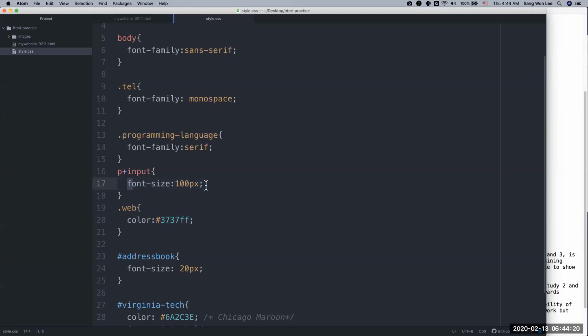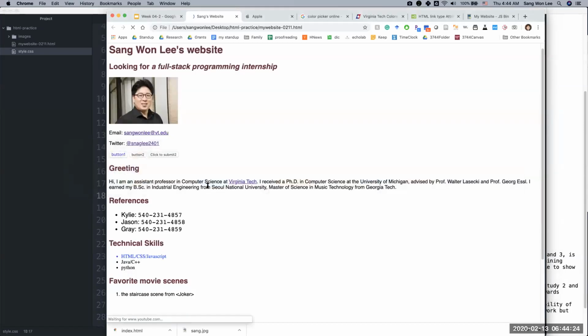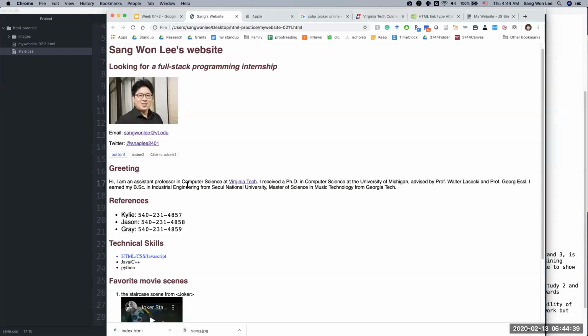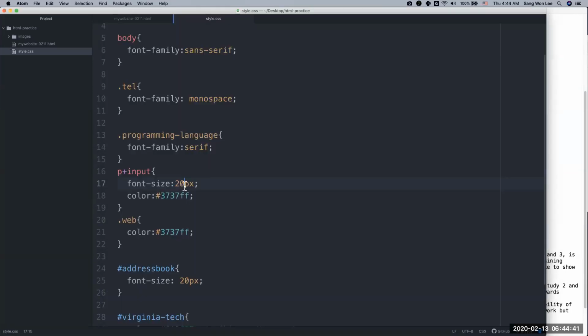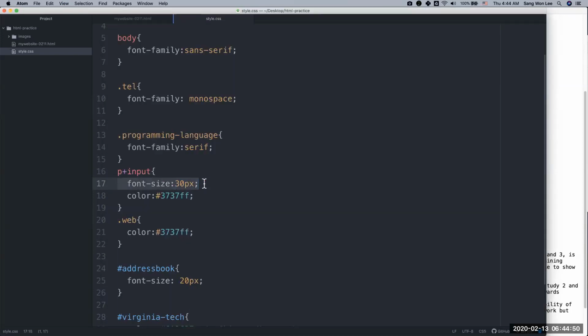Let's try this guy. Okay. For some reason, 100 pixel is not big enough, interestingly. How about 20? Maybe it's capped by the button. Okay, never mind. So basically, I'm going to use